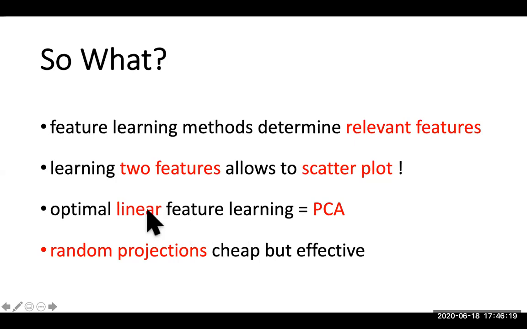Then we discussed in some depth the optimal linear feature learning method, which is given by PCA. PCA amounts to eigenvalue decomposition of the sample covariance matrix, which is computationally expensive when you have very long raw feature vectors. And then you might consider random projections as a computationally cheap alternative, which, however, can be quite effective, and you will not lose much performance compared to this optimal PCA feature learning. Okay,